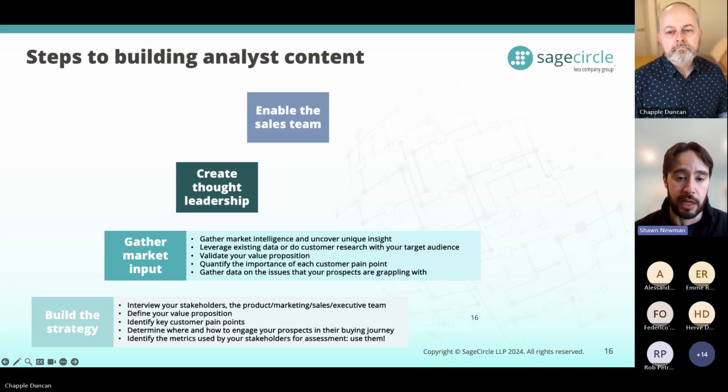Analysts produce a lot of content. You want to work with them, work with your sales rep. A lot of analyst firms have customer experience or customer success teams that can help point you in the direction of content, so you don't have to look for it all yourself. Set up alerts, can't emphasize that enough.